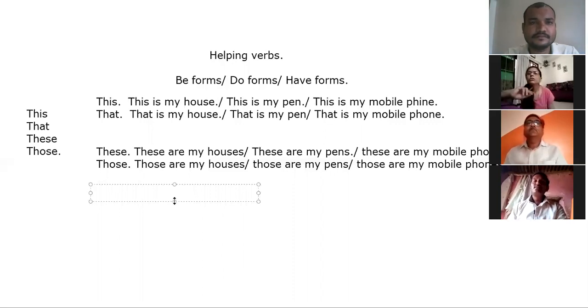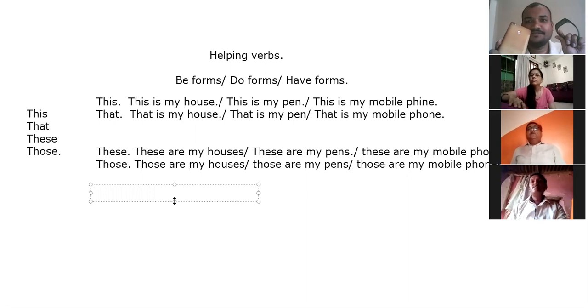Gopal sir, when things are near to us, it means if the pens are in my hand, then we have to use these are my pens. But when those pens are in your son's hand, who is far from us, at that time we say those are pens. Right. So, are you able to see the mobile phone and watch? These are my pen, my watch and mobile.